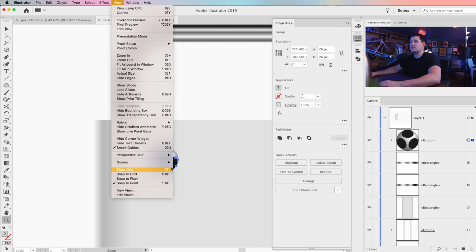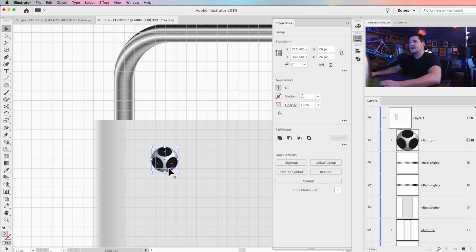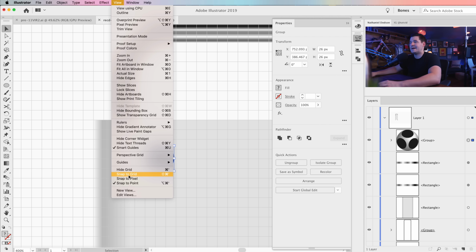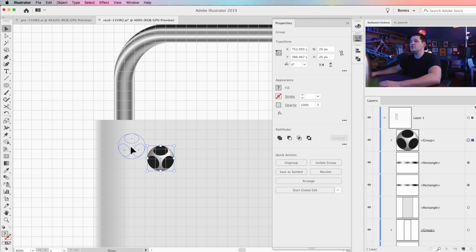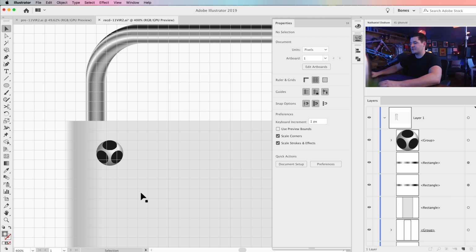Well, first and foremost, we need to turn on our grid once again. And what I want to do is position the top of this. I should probably, by the way, turn on Snap to Grid as well. I want this to be 2 cell blocks from the top of this computer. And I also want it to be 3 cell blocks from each edge. So right about, let me just nudge it over, right there is where I want my very first vent hole